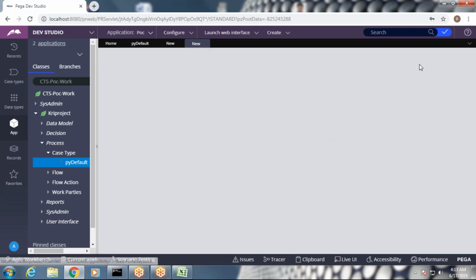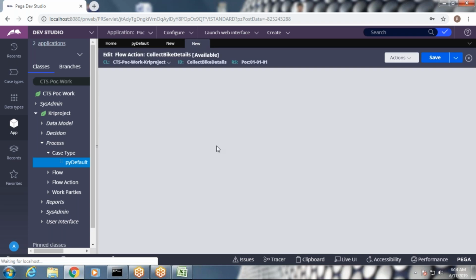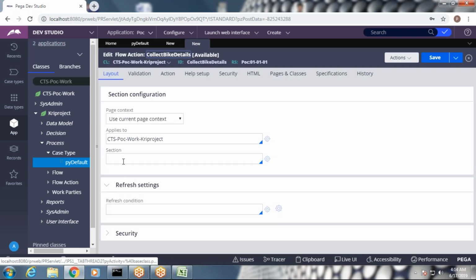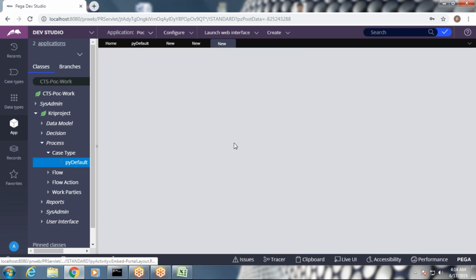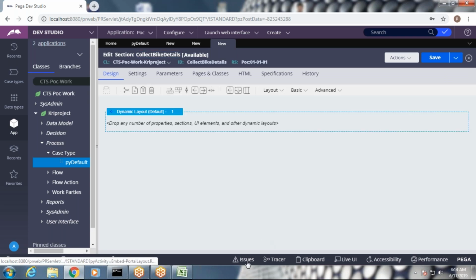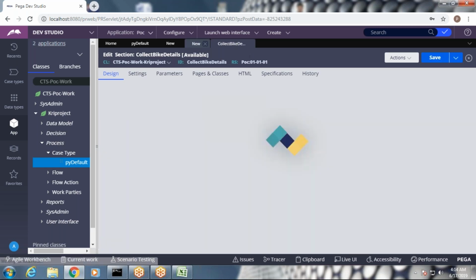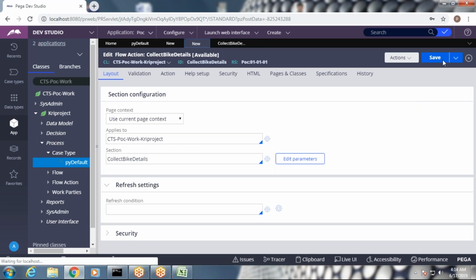Always, this is a process you're doing in real time. But normally after creation we have to save everything and concentrate on the screens. Any changes in flow action or flow, we can do later. We have to save the screen now and go back, save everything.